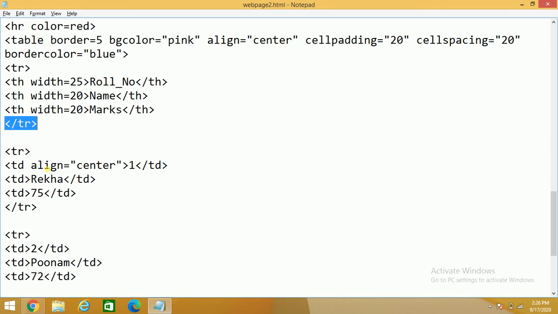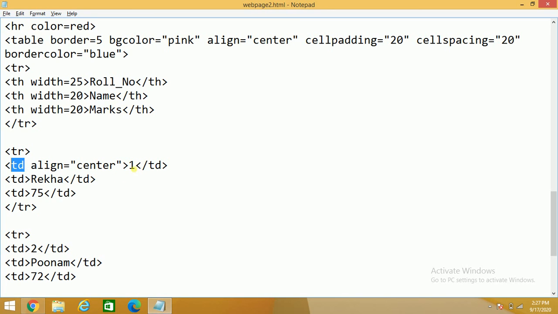मैंने सिर्फ एक ही जगह पे center लिखा so that I can tell you the differential. TD align equal to 1. Full form of TD is table data. Table data should be different from table heading. Table heading आपका bold में होना चाहिए because that's a heading. And the rest of the content of your table should be normal text. So ये मैंने आपका TD कर दिया, means table data.